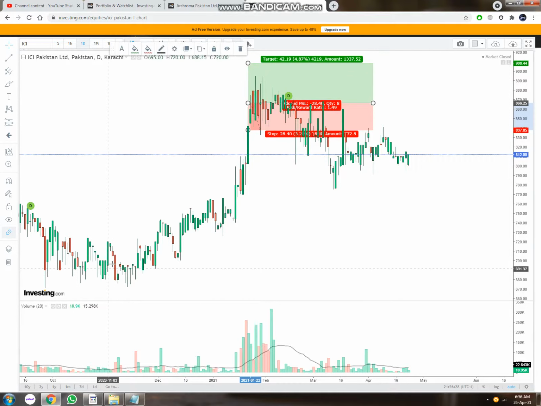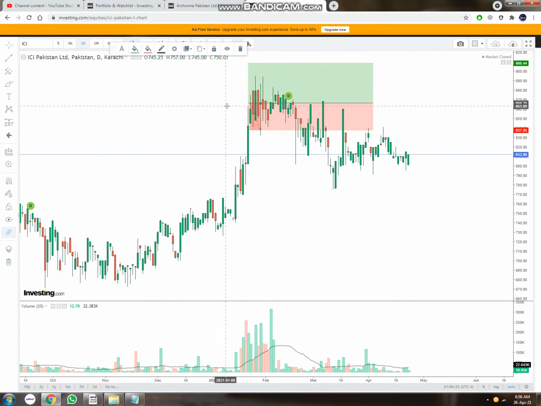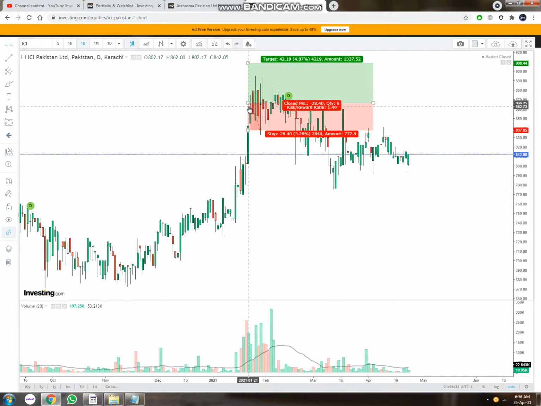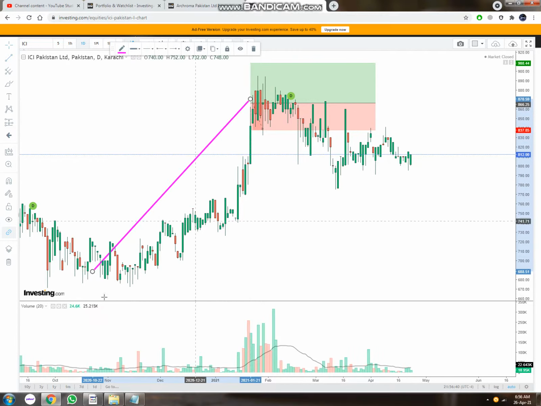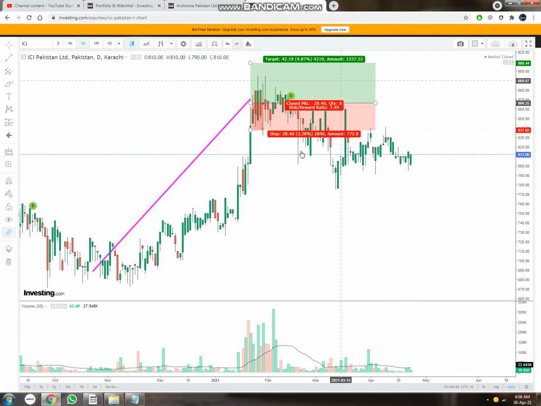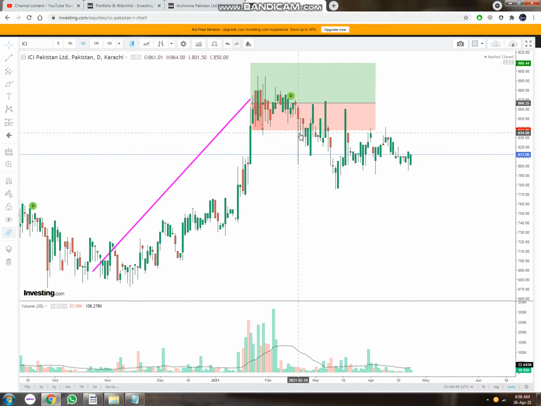As I bought at this level, I've gained this much profit out of these stocks. Let me mark this out. I've gained this much profit by closing at this position. So this tool helps you determine the stop loss and the risk margin.